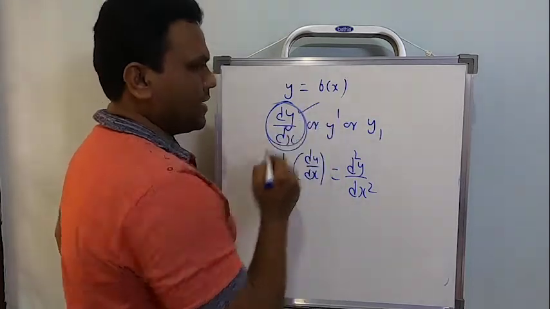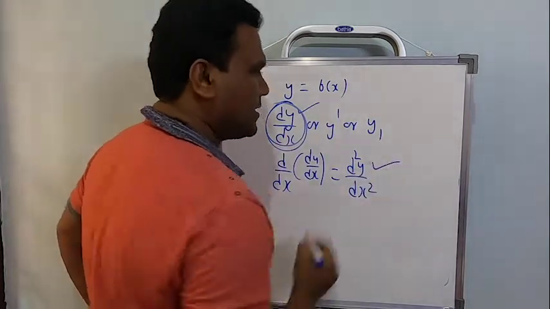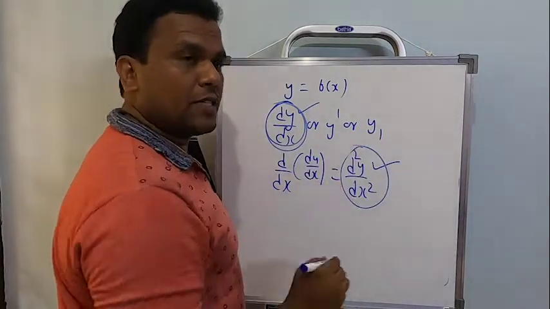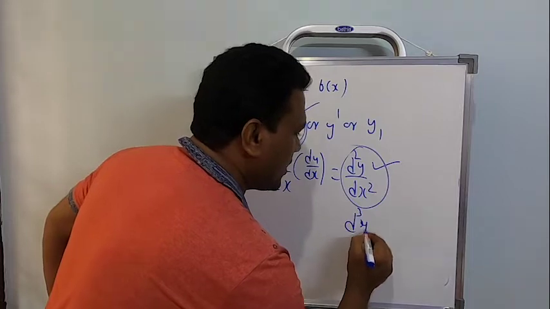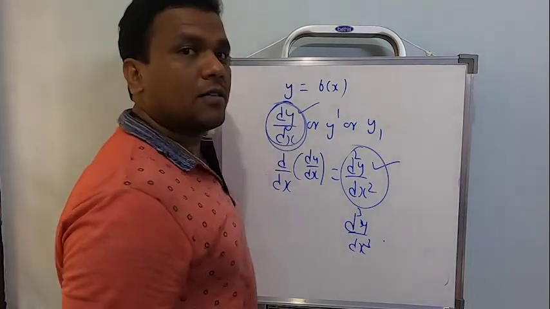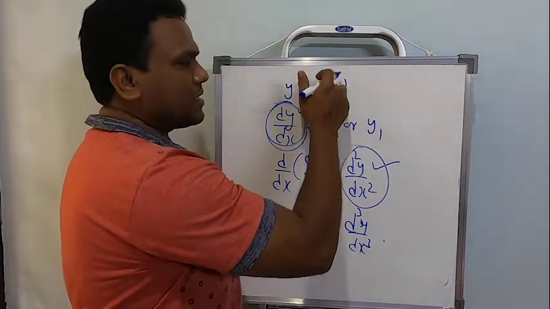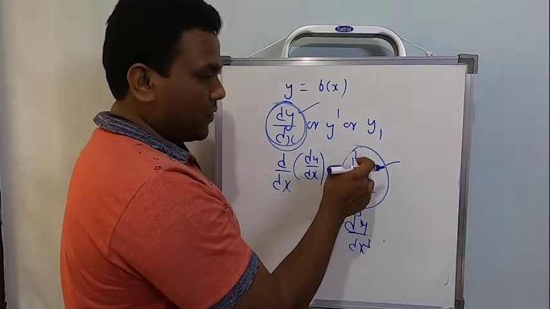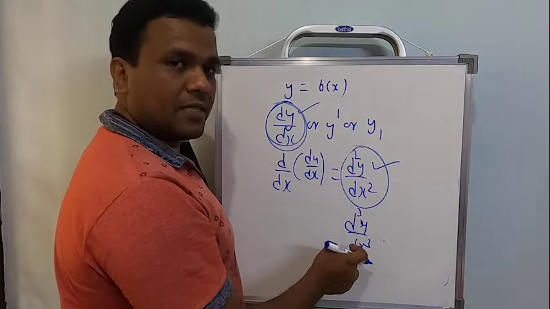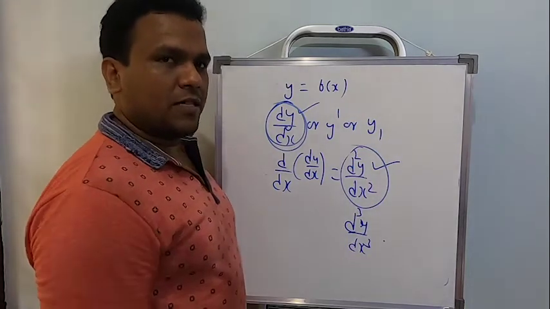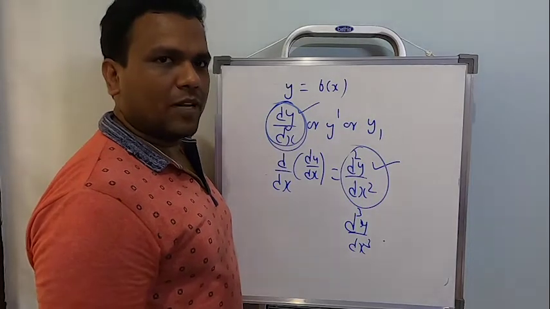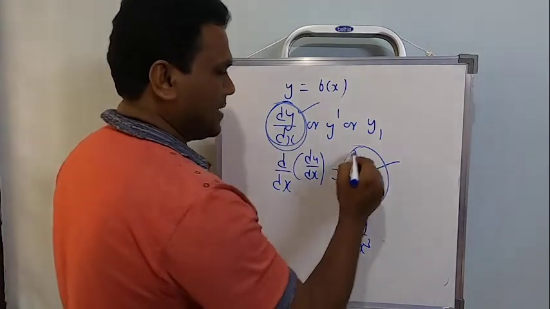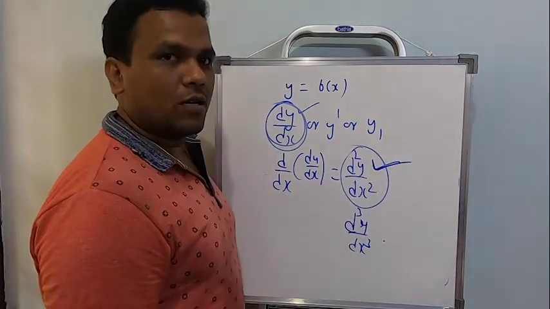So if you're writing dy by dx, it's the first order derivative. If you're writing d square y by dx square, it's the second order derivative. If I differentiate this again with respect to x, this will become d cube y by dx cube, and that will be called the third order derivative. That means the same function is differentiated for the first time. Whatever you get, that will be differentiated for the second time. Whatever you get in the second, that will be differentiated once again, right? Keep repeating this procedure. It can be differentiated any number of times, but our study is limited only to the second order derivatives.